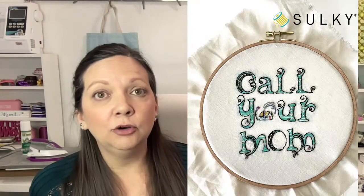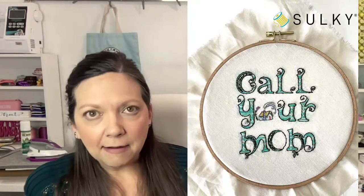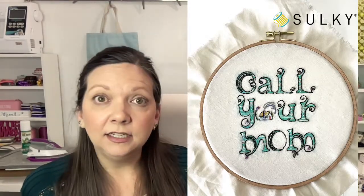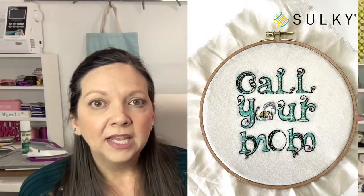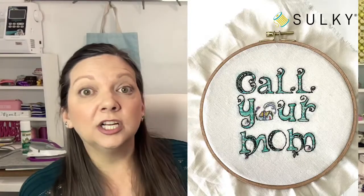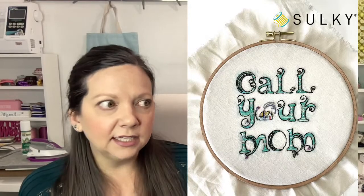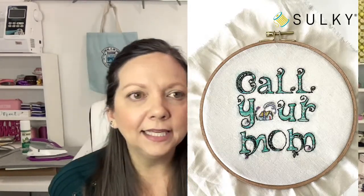All right, so for the wall art, when we are done rinsing away all of our stabilizer after the embroidery is complete and our fabric has dried and we have pressed it if desired, we're going to put it back in our decorative 8-inch German wooden embroidery hoop and just center the design or place it in the hoop where you want, because we're going to use this hoop as the wall art itself. It is the frame for the wall art. So put it back into the hoop,